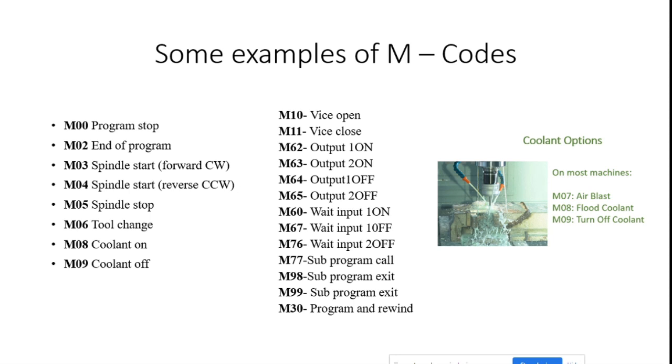This program is called again and again. This subprogram is called with the aid of M77, and we can exit from that program with the codes M98 and M99. And then finally I complete the program. From which code can I give that, G code or M code? From M code only I can start the program, and I can also stop the program with the M30 code. So I start the program with M00, and I can stop the program with M30. These are all the codes we utilize to operate the machine tool hardware with the M codes.